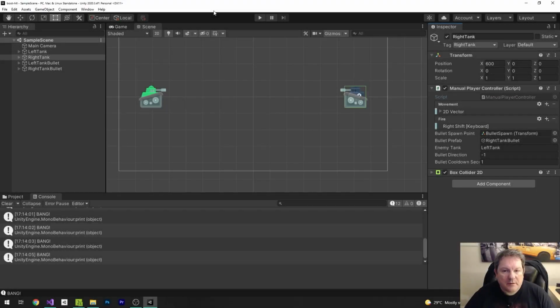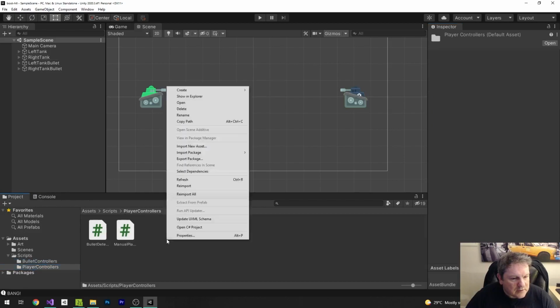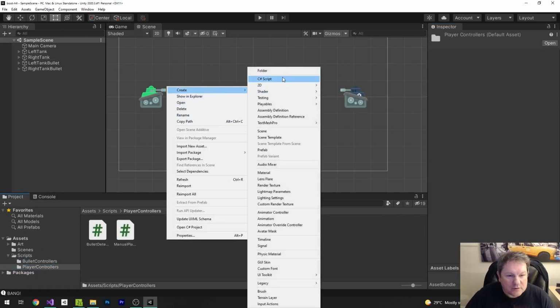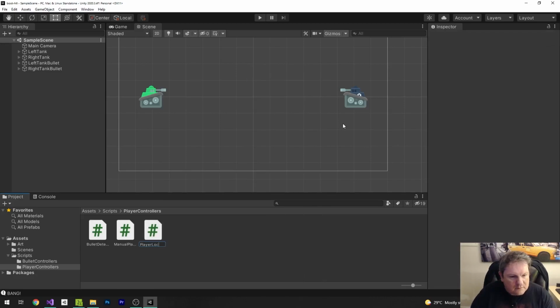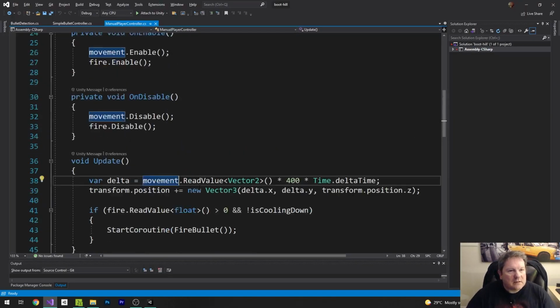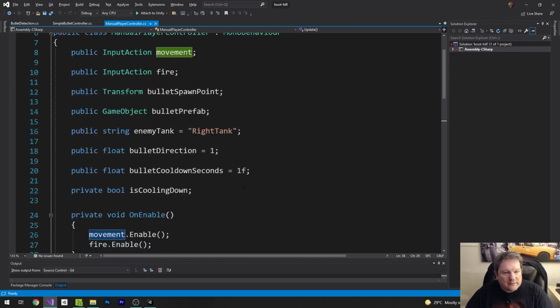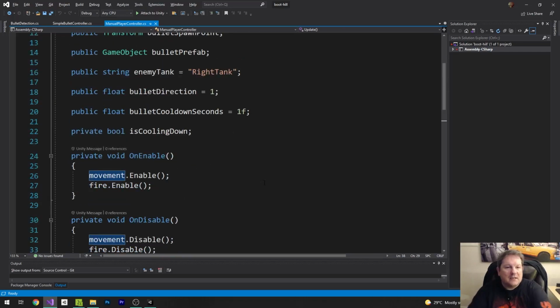Because we want to prepare this for networking, we've got to separate the input from the movement. So although we have our manual player controller, we also want a locomotion controller. I'm going to create that for each one of these. So we get player controllers in here, and I'm going to create a player locomotion controller. What we're going to do is take most of the code out of here, because this is going to be our manual player controller. So we're going to take most of the control out of here and put that in